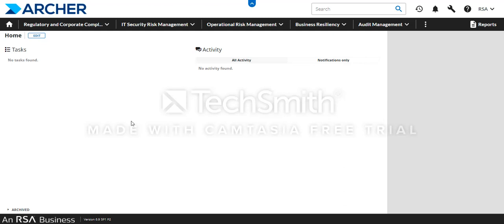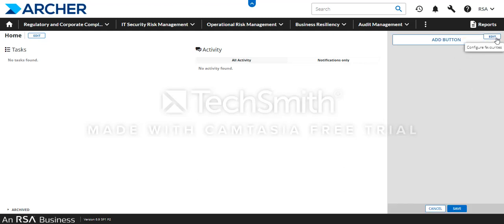So if you log in to RSA Archer, this is the home screen that you will be looking at. On the left hand side, you'll be able to look at the tasks that are due in your queue. Right now I don't have any task to be done, so it is showing me 0 tasks. In the middle pane, you'll be presented with the activities that you have performed in the past, or the notifications that have been sent by the platform to you as a user. And over here, this is a very flexible pane.